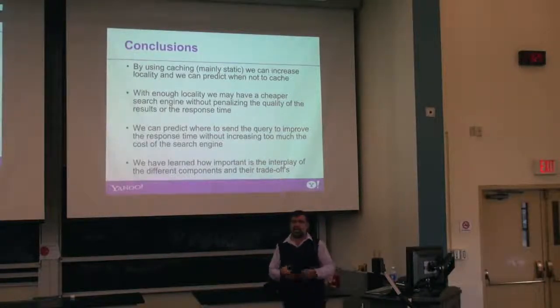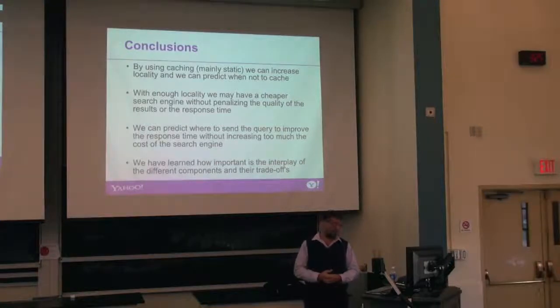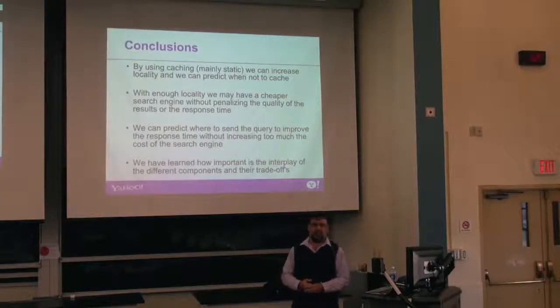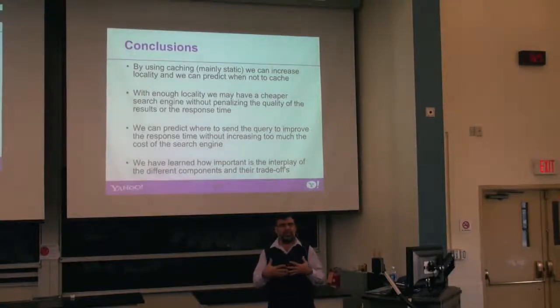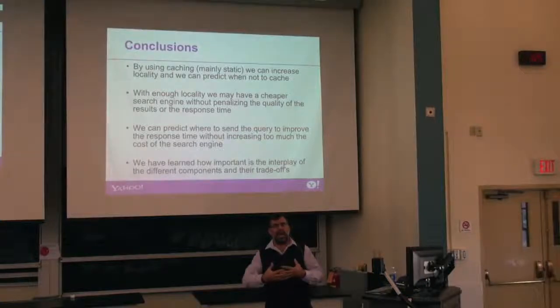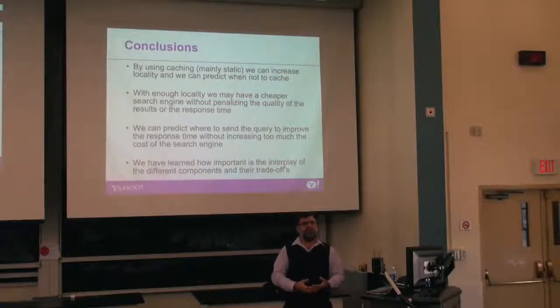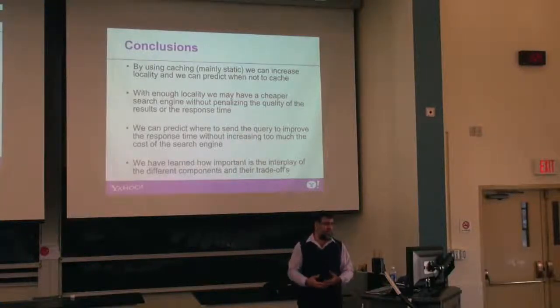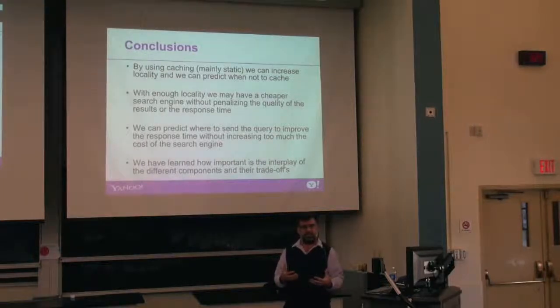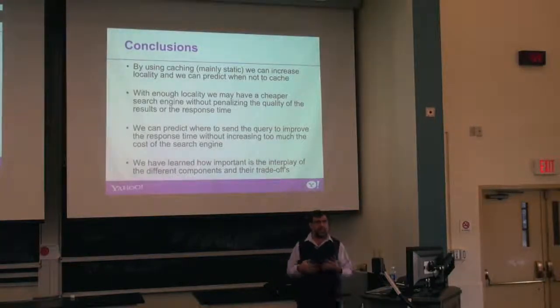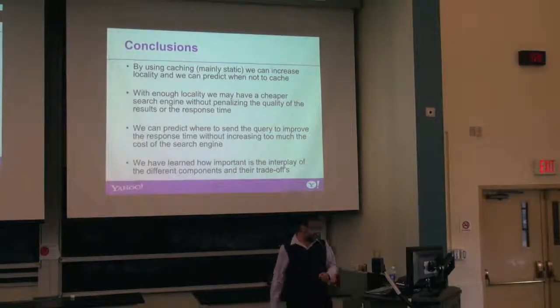And the most important one, which you don't see in the papers, but I see because of the experience we have in finding the right system, is that you can't study every component alone. They are tightly coupled. So you need to understand what is happening, for example, how the query distribution changes after the cache, or what will happen with the index if you partition this way or that way. You need to understand the interaction between the components and all the trade-offs involved. This is the part that took more time, and that's why I guess it took 7 years to understand everything to build the final search engine.